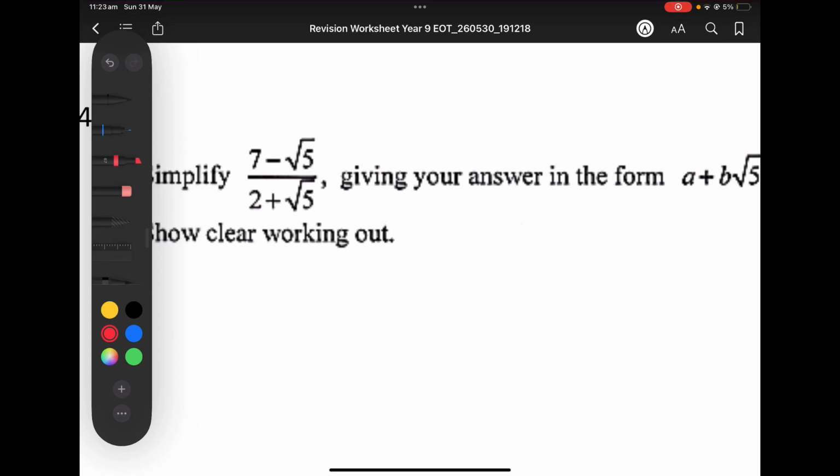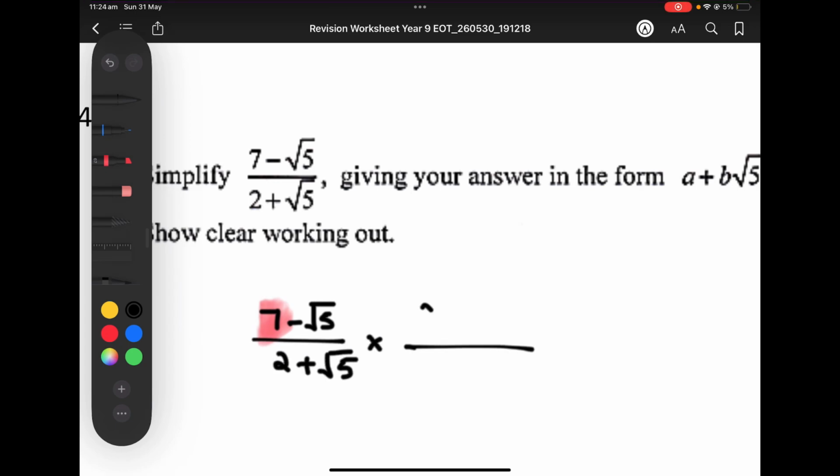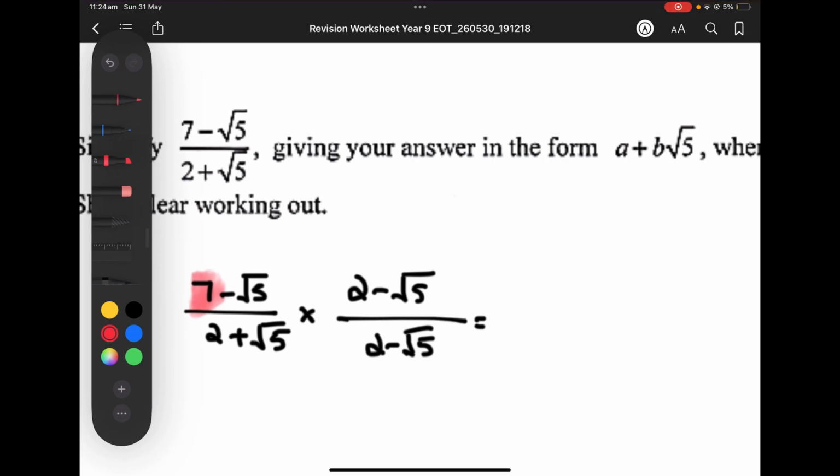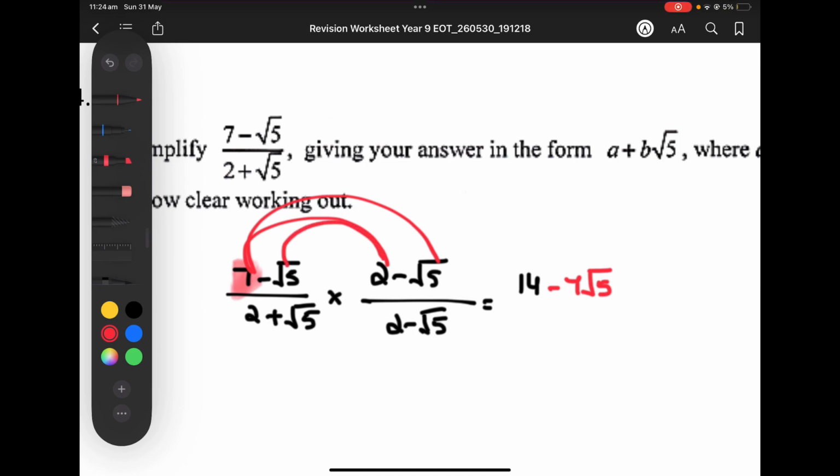Okay, so that's what exactly we are doing here. So what is it? 7 minus root 5. I will just write down the term in here. It becomes 7 minus root 5 over 2 plus root 5 is what I have. Now this is going to multiply with the denominator. So 2 minus root 5 and 2 minus root 5 goes here. So what do we get? Each term multiplies with the other. 7 multiplies with it. It becomes 2 sevens are 14, and then 7 multiplies with 5. That becomes minus 7 root 5. Then 5 multiplies with 2. It becomes